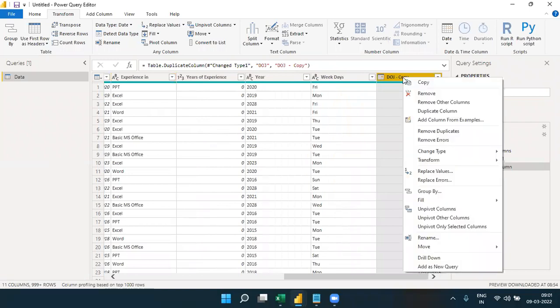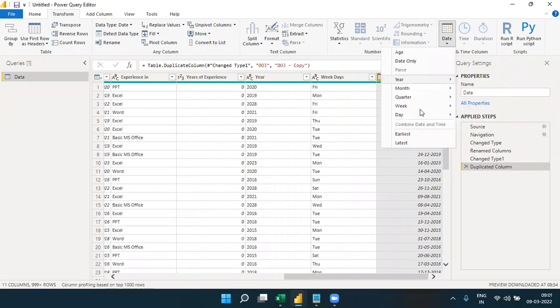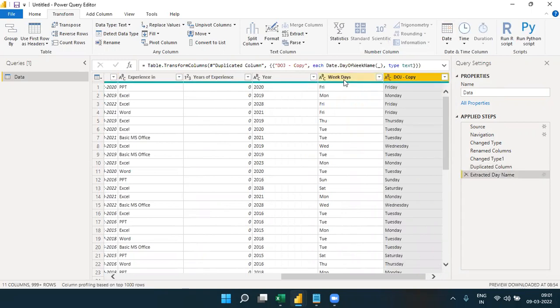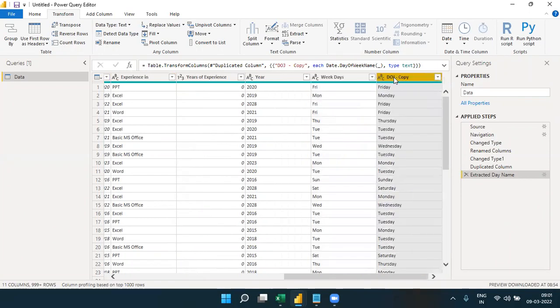From here I can extract anything from the date. These are the number of possibilities. I want the name of the day, so I simply say name of the day. Even if they have not given this, I have the capability to extract it automatically. That is what I was saying: the transformation layer gives me the capability to extract different sets of transformations. So such possibilities exist too. Even if they have not given this type of thing, and simply given the date,